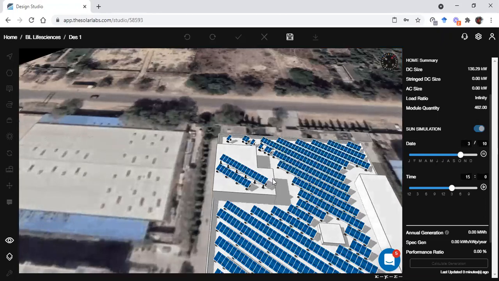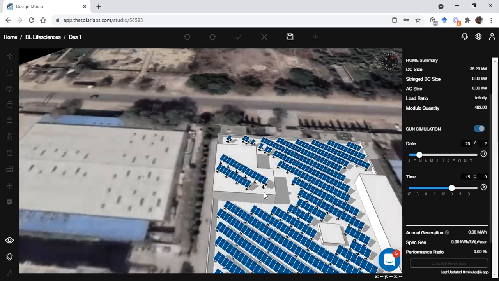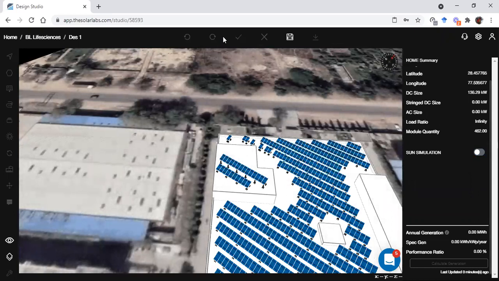So here you can see the date is changing as well as the shadow. As we are coming to the December part, we can see at 3 p.m. the shadow is longer. And when we go to the summer part, you can see the shadow is decreasing. So I think now this doubt is clear.